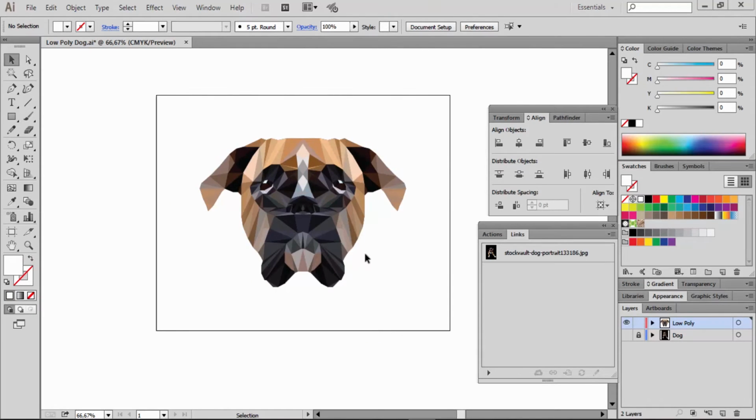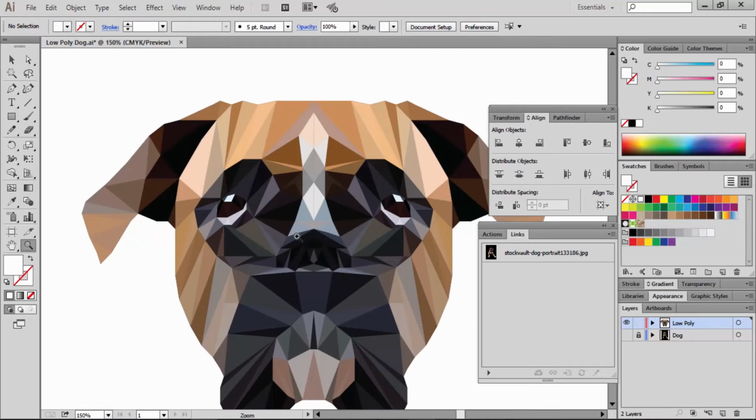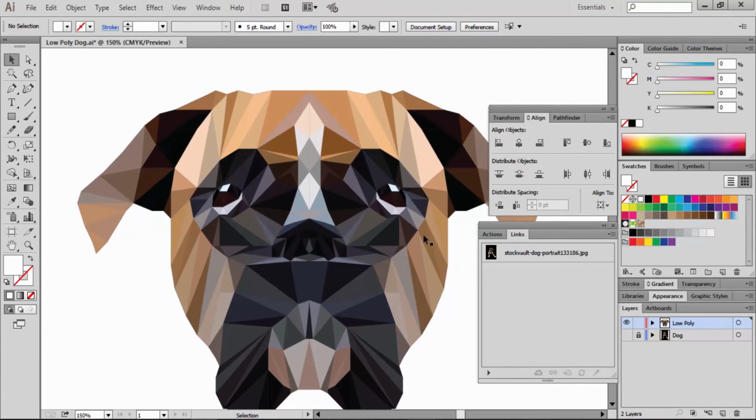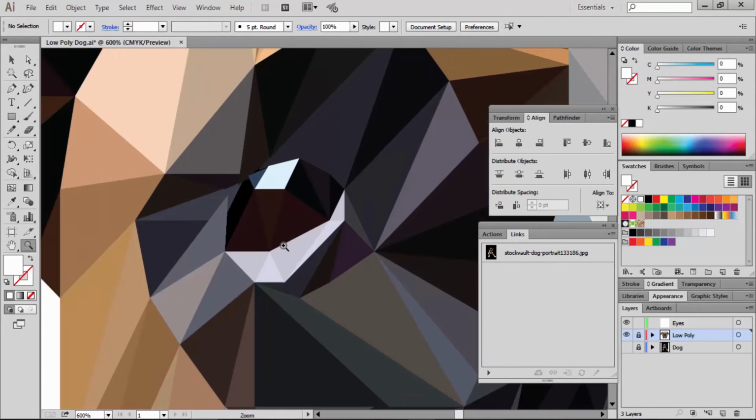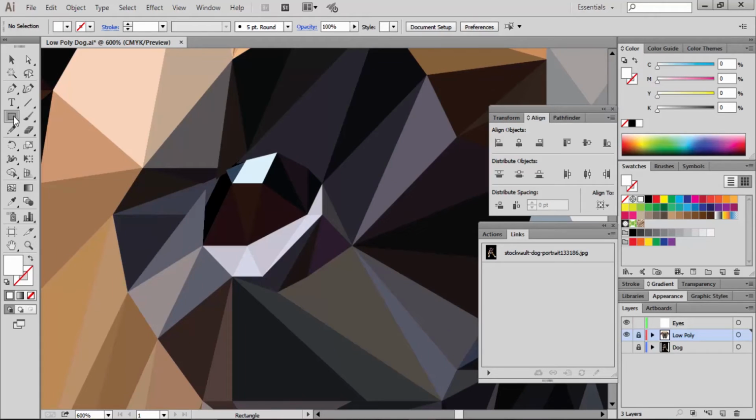Now let's do something cool with the eyes. They don't need to be in low poly, so let's go for normal eyes. Let's create a new layer and let's call it eyes, and let's lock this layer and let's create some new eyes for our dog.